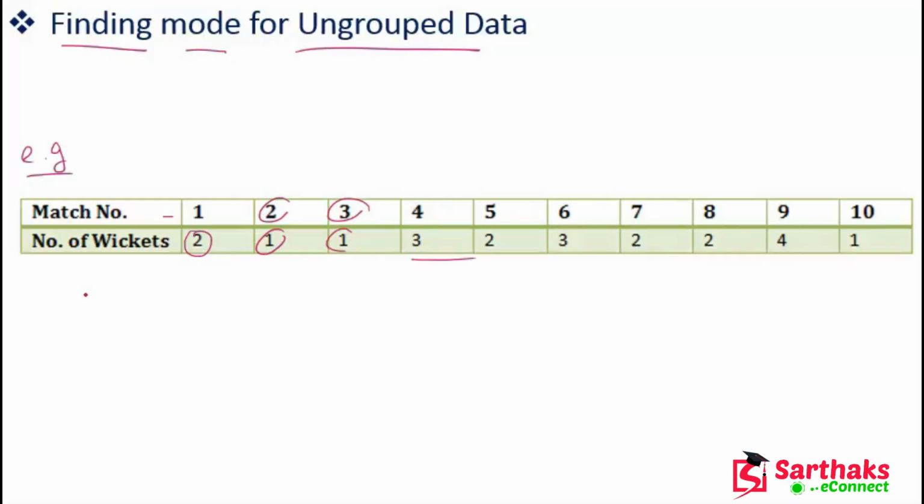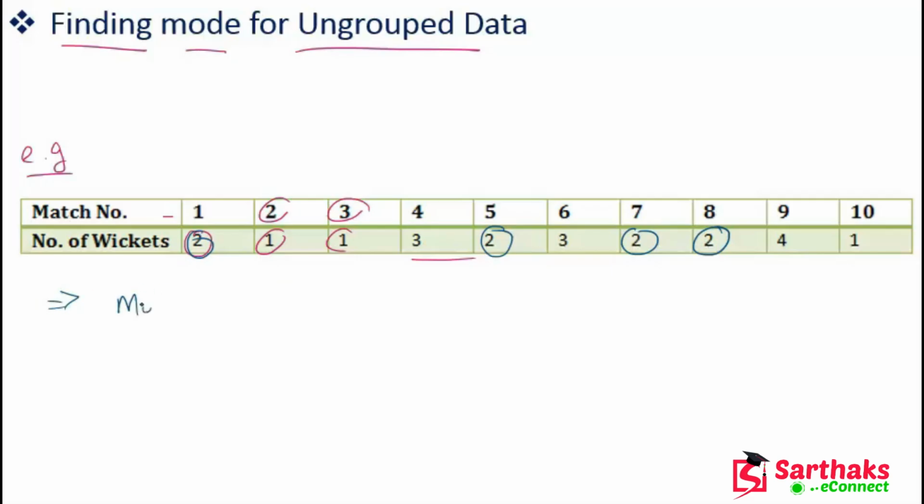Okay, so now my dear friends, it can be seen that 2 wickets were taken by the bowler frequently in different matches. If we observe these matches, 2 wickets is more frequent. 2 wickets have the higher frequency. So we can say that